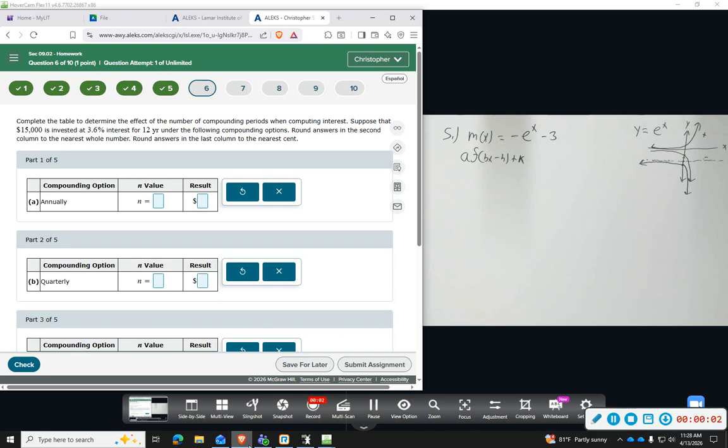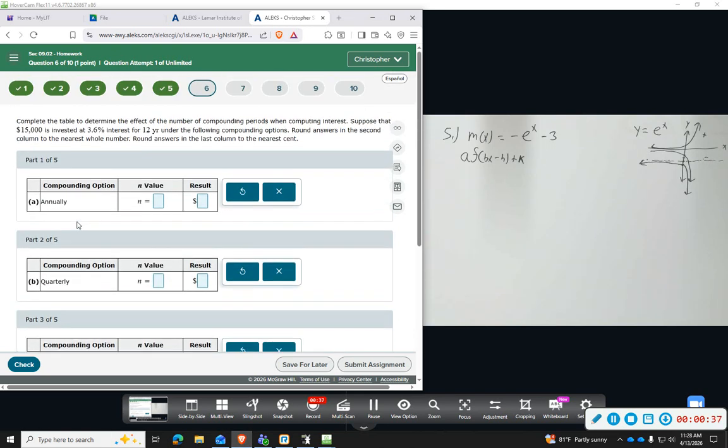All right, number 6, it wants us to complete the table to determine the effect of the number of compounding periods when computing interest. And it says, suppose 15,000 is invested at 3.6% interest for 12 years under the following compound options. Round answers in the second column to the nearest whole number. We're going to round answers in the last column to the nearest cent. Okay, so we're going over